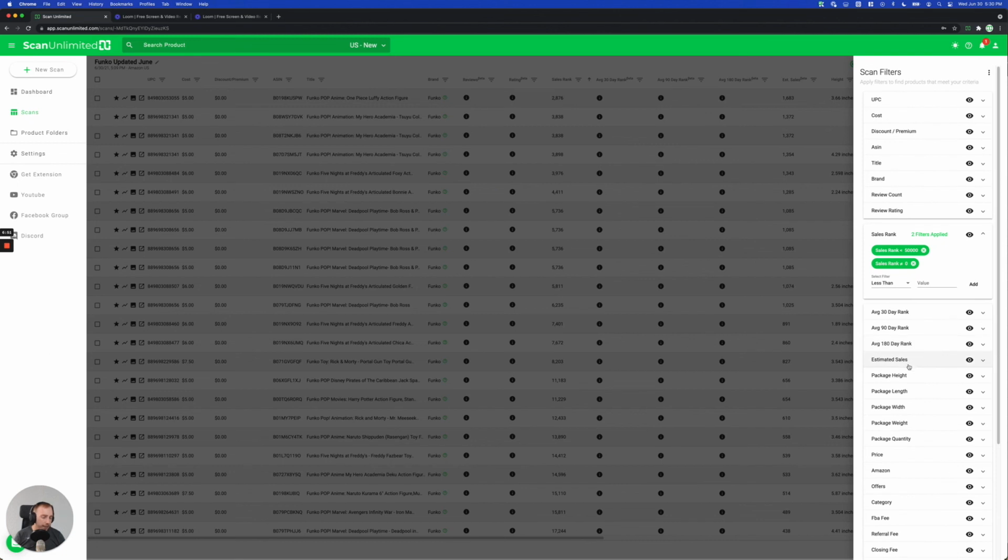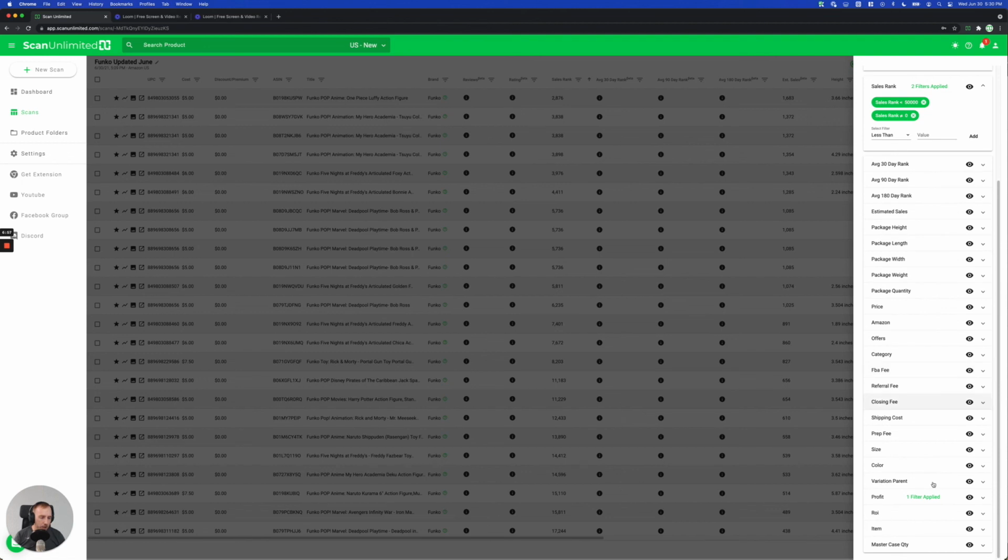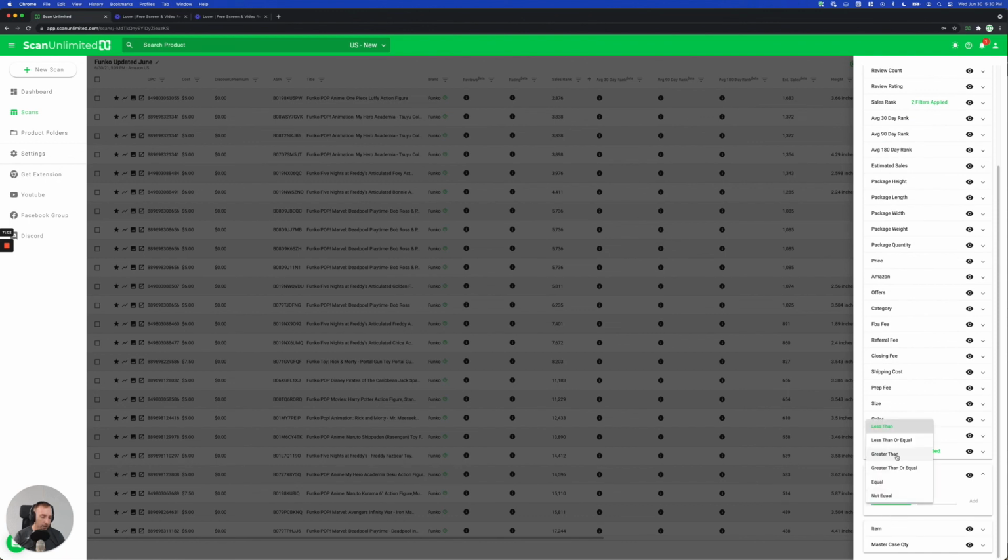And you could apply other filters. But for now, actually another one that I'd like to apply is ROI. So let's say that the ROI is greater than 70%. The reason why you might want to put an ROI filter as well as a profit filter is that the profit filter will make sure that you have a solid margin or dollar amount in case you have some extra expenses, and we'll get into that right after these